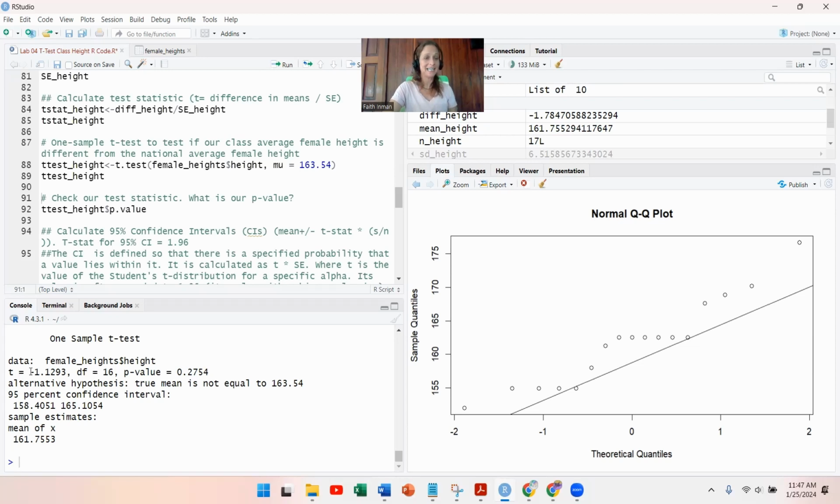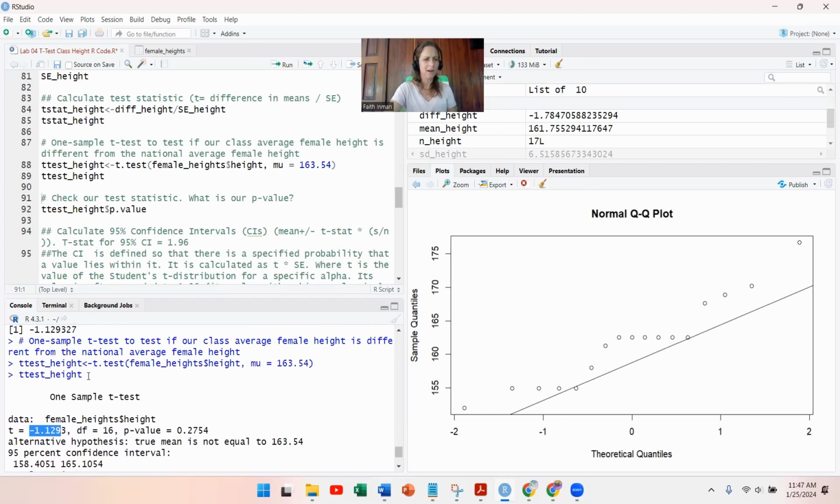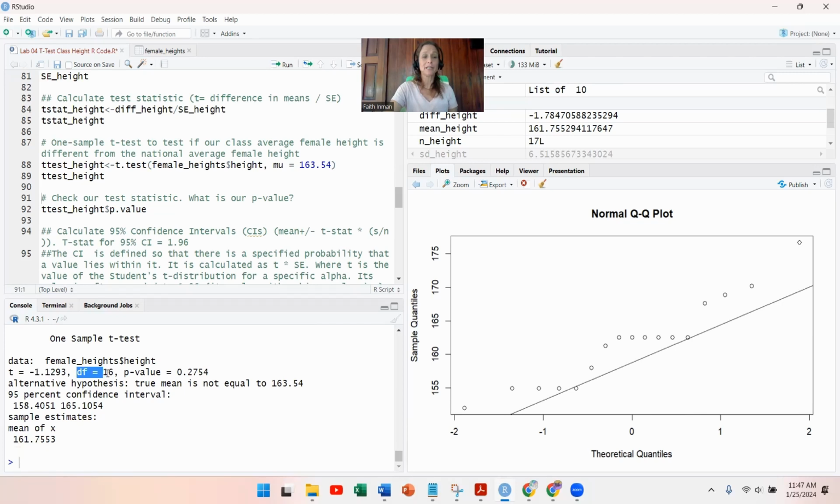The t statistic is negative 1.1293. Hey, isn't that what we got before? Yeah, looks like we did it right. Degrees of freedom, 16. Again, degrees of freedom is n-1. We had 17, so 16, that's right. And the p-value here is